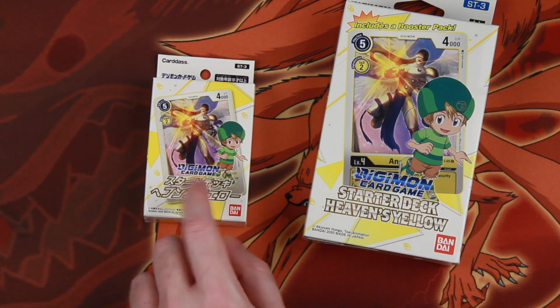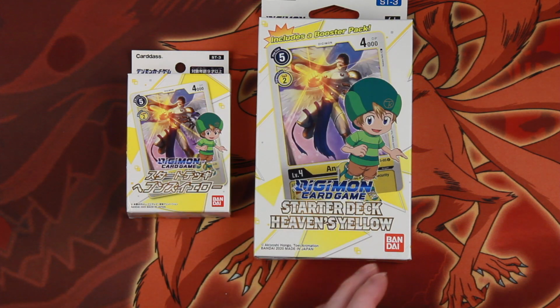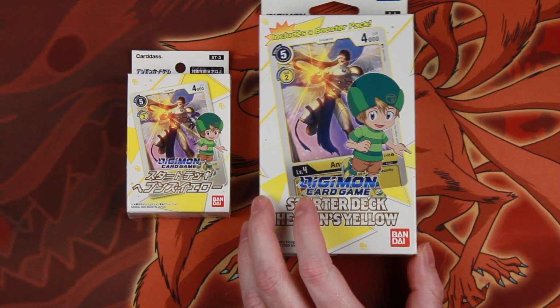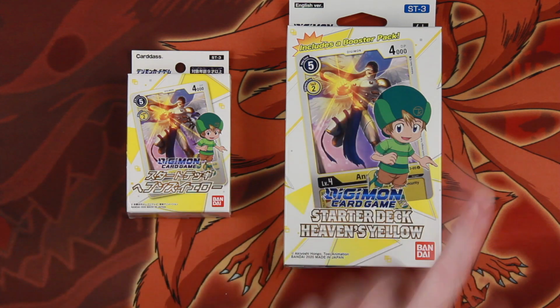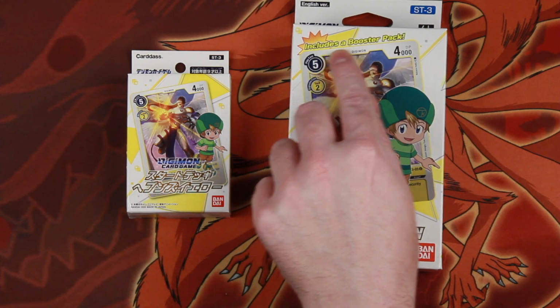This one is the original. It's the size of a standard pack of playing cards. This is like what you find a Magic deck or a Pokemon deck in. It is the kind that you can close again. So I guess it's more like a Bushiroad style print, or like a Dragon Ball Super print. That might be a better comparison, although there is one interesting noticeable difference here, and that is it includes a booster